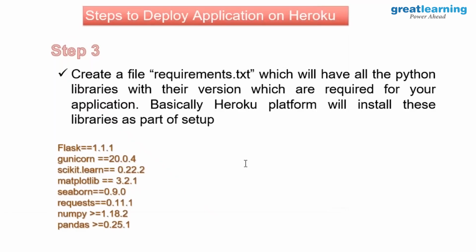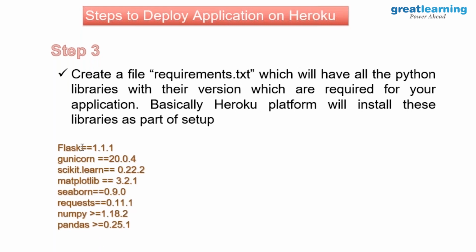When I'm using Heroku, Heroku is a platform which is available for deploying any kind of application. So how will Heroku know that what I'm giving to it as a .pkl file is a Python file which has certain built-in packages available? So whatever you have used in the model creation or in the app file, all these libraries you will have to provide either with a double equal to sign or with a greater than sign, right?